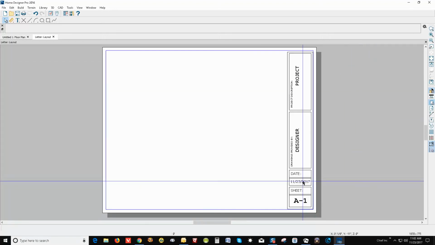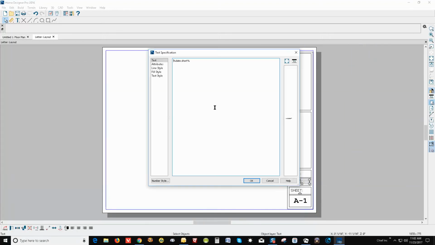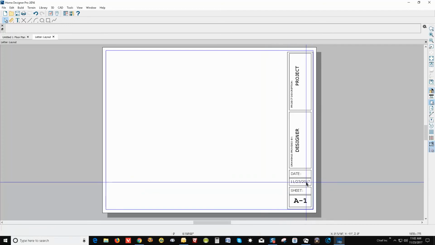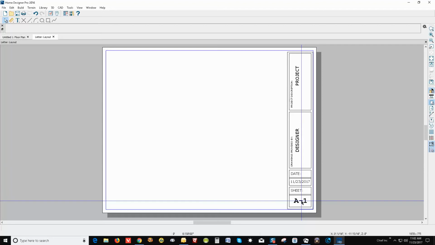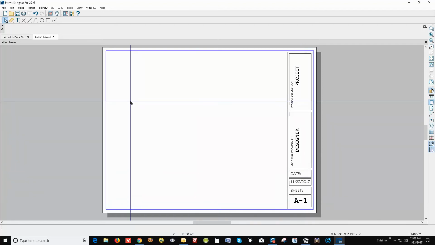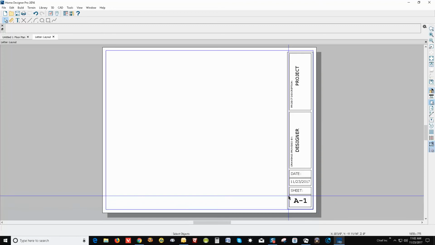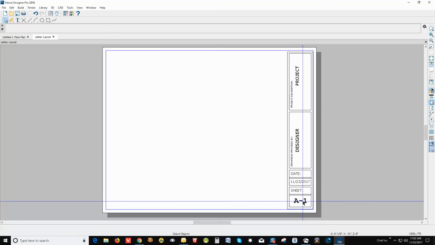Now, this date here is a macro, and it's programmed to whatever the current date is when you open this template. It's going to display today's date, and that's the date that I'm doing this video. You save a layout page for each printed page. So if I was going to do several pages after I got my template in,